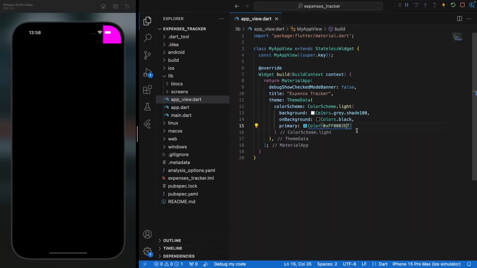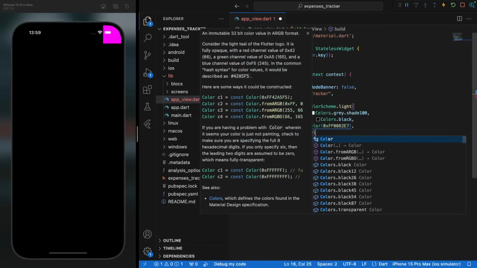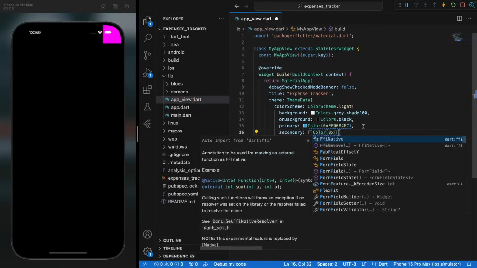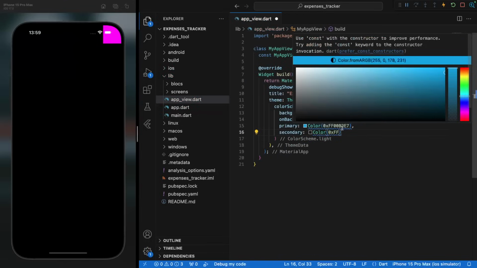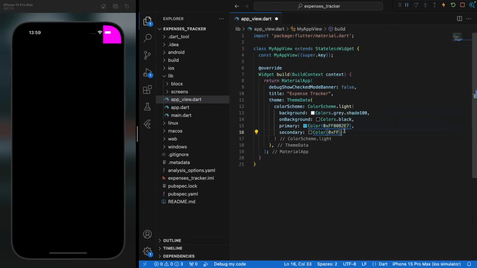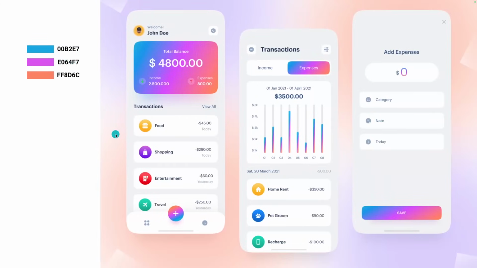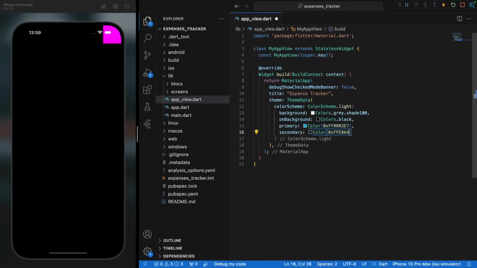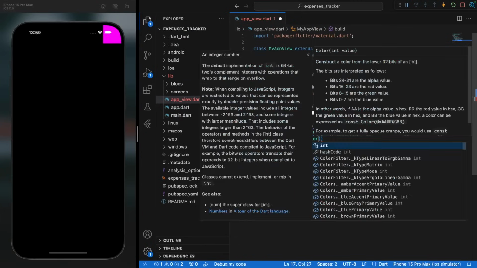And we are gonna have a secondary color as well. Secondary color. It's gonna be color same 0xff. So that's to call the hexadecimal kind of value for the color, and it says E064F7. Okay, and we have a ternary color, color 0x